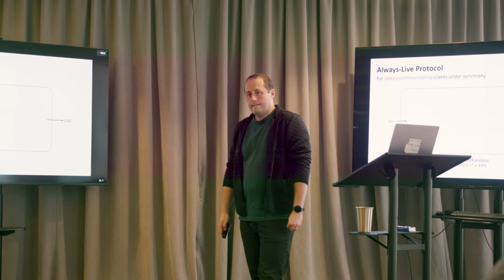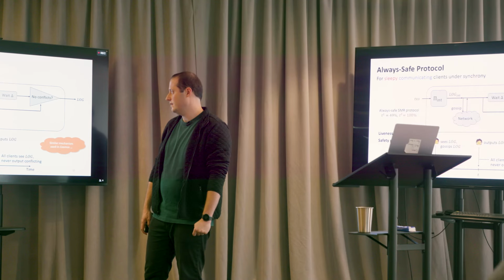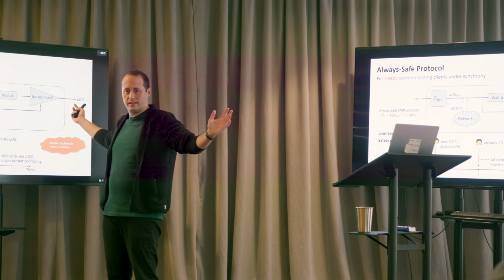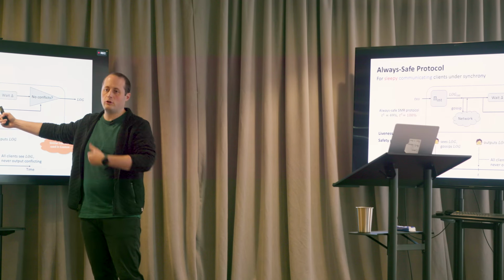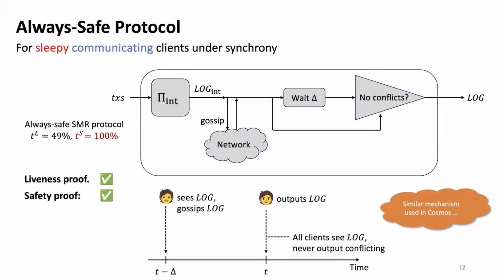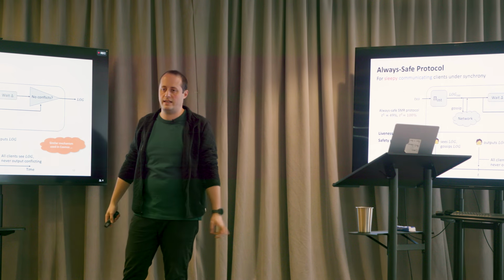Is that crucial for safety, to receive all messages from the past? Because it seems quite an overhead in terms of bandwidth if you keep rebroadcasting all the messages from Genesis to present. That is crucial here for the safety, right? Because it could be that somebody in the past confirmed something here, and the only thing you know is that they gossiped it. And if you, 1 year later, wake up for the first time, a dishonest majority could present you with a conflicting log. And the only thing that would stop you from outputting that log is that you know that somebody else had a conflicting log in the past.